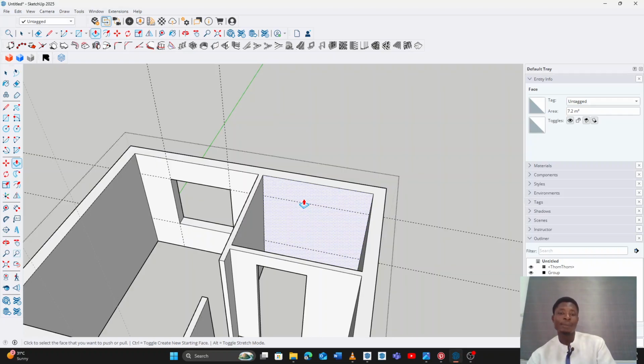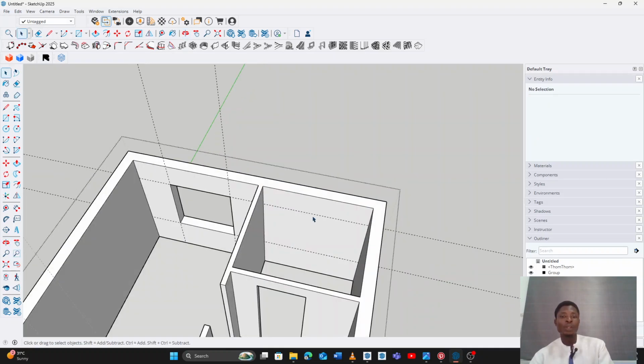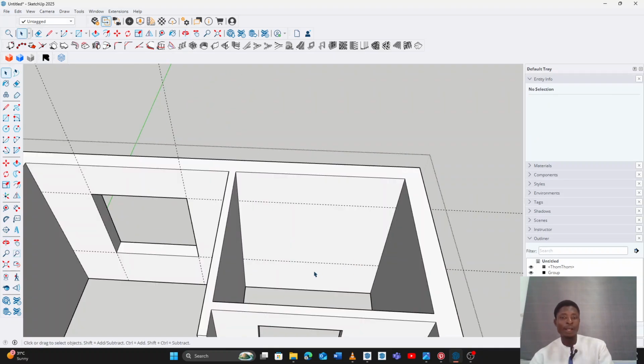Okay, but for now, for the purpose of beginners to understand, I'm not going to really be going to the standard height or standard measurements for certain features in interior buildings or architectural designs. Okay, that one would come later in another video when you want to make much more practical designs. Okay, so let's say over here we pick our tape measure tool once again, and then from the floor we pick it on the edge and then move up. Okay, so let's make it 200, height of 200,